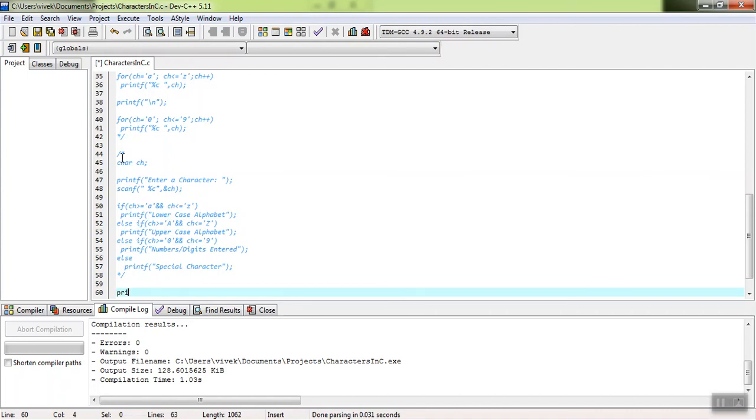I'll directly use a printf statement to print the ASCII value of capital A and small a. ASCII value of capital A is